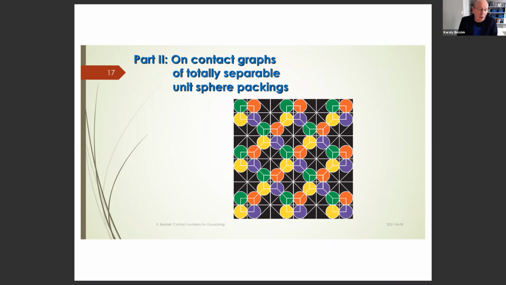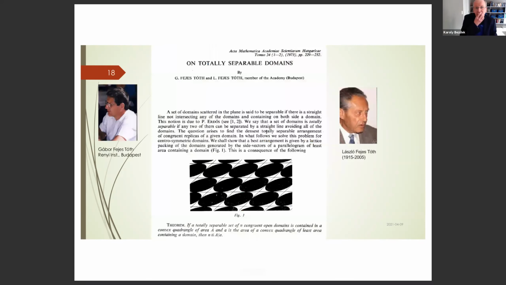And in this way, we get a unit ball packing. Now, this concept was introduced by the 2 Fejes Tóths in the early 70s, actually in 73, in this paper. And their question was